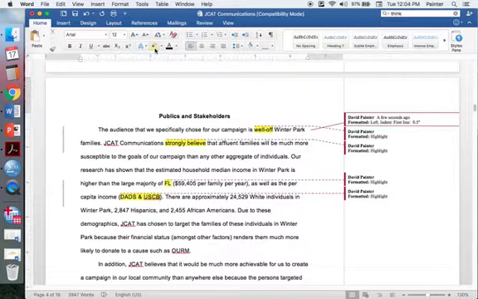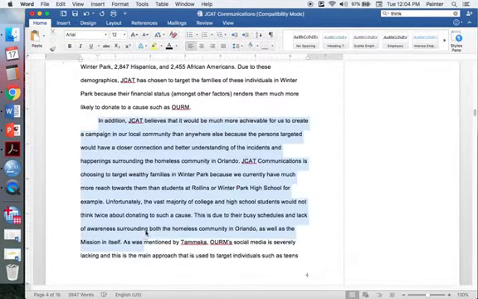Who is the audience for your campaign? Who are the publics? Now you're talking about a campaign. Wealthy families. Who are those wealthy families? How many of them are there? Where do they live? At Rollins College, right? It's college.